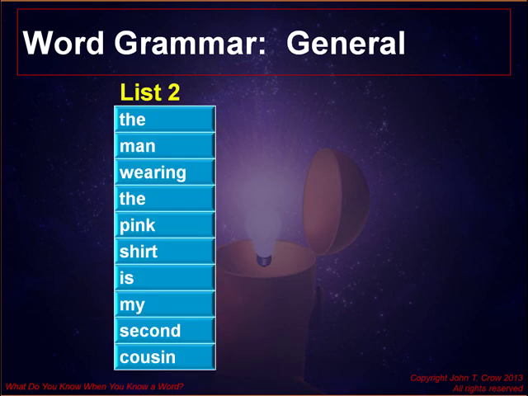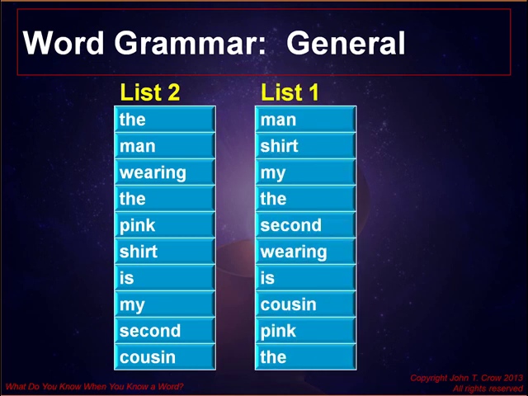This second list was easy for you to do. I would wager that everybody got it right. Here's the first list. Notice that the words in the first list are identical to the words in the second list. However, the words in the second list lined up into what we would call a sentence. And when that happened, your brain was able to do magical things with it. I'll come back to that point here in a minute.